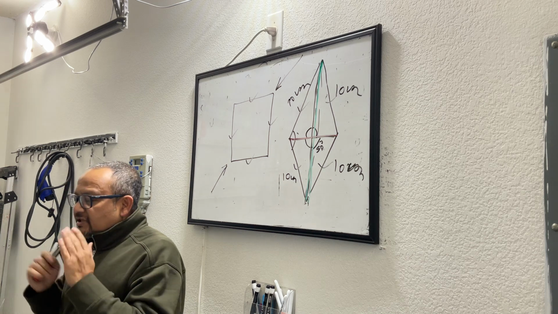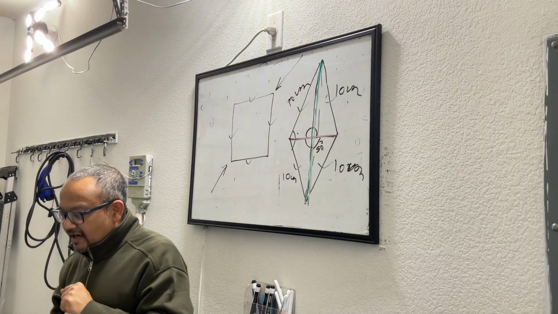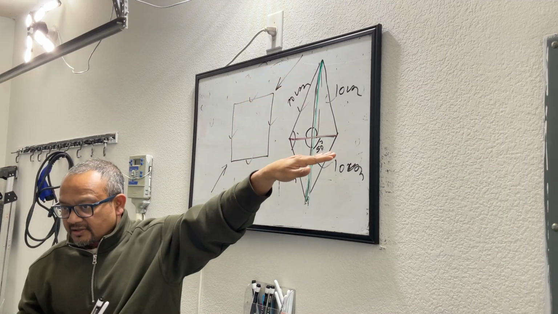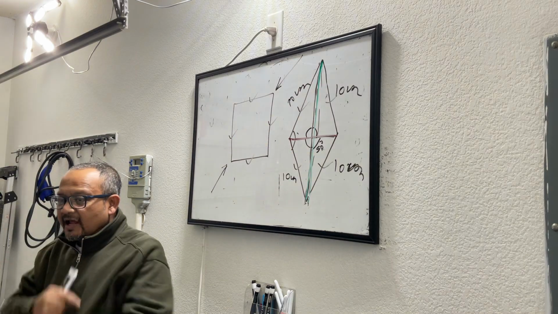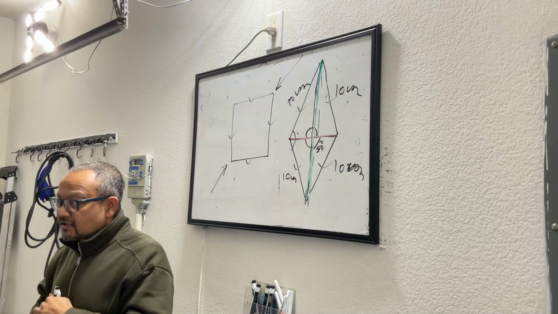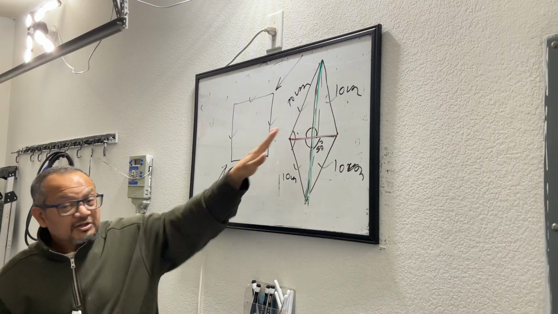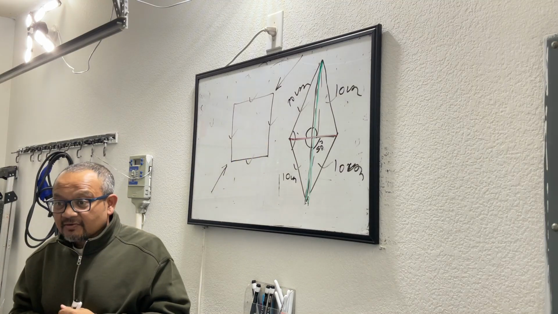Yeah? So this is a unique property of the rhombus that I was talking about. And that is that if you join the diagonals, the opposite corners of a rhombus, they meet at 90 degree and they divide each other into two parts. That's it. If you remember this, when you guys grow up a little bit more, I will show you how this property actually helps you find out the area of the rhombus.